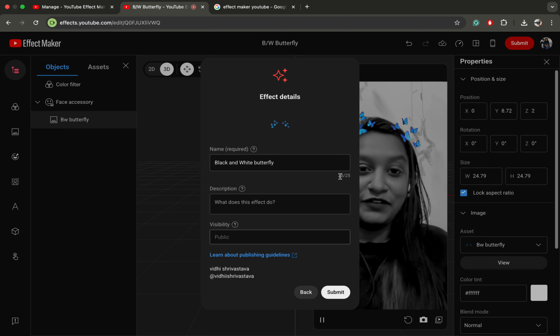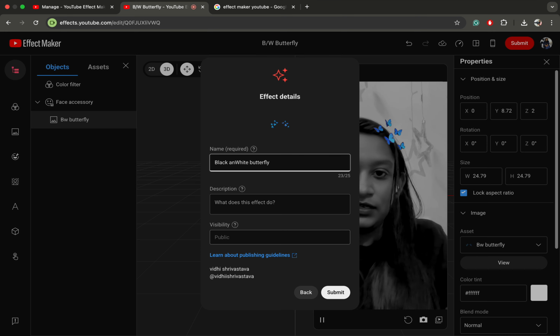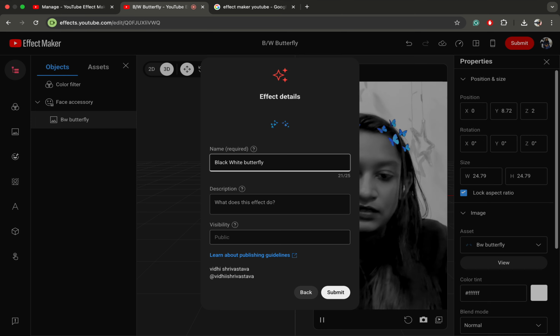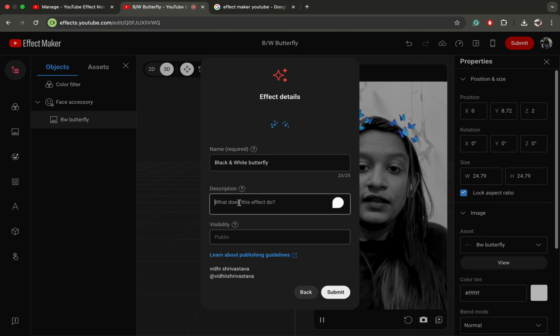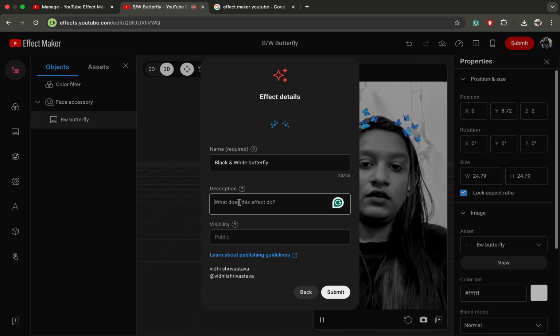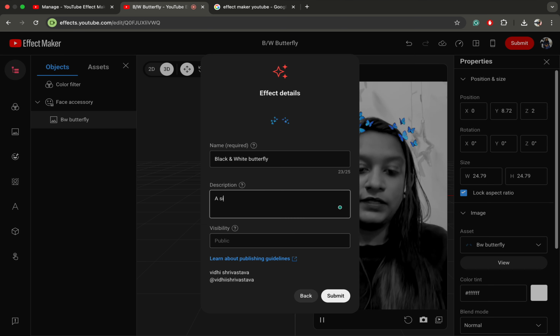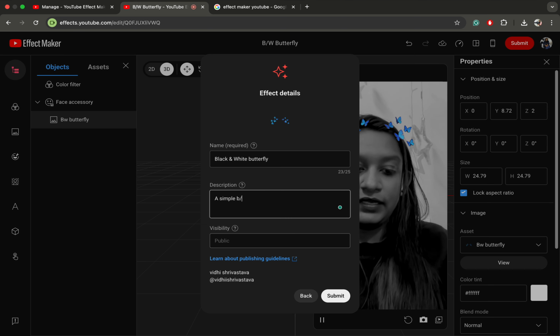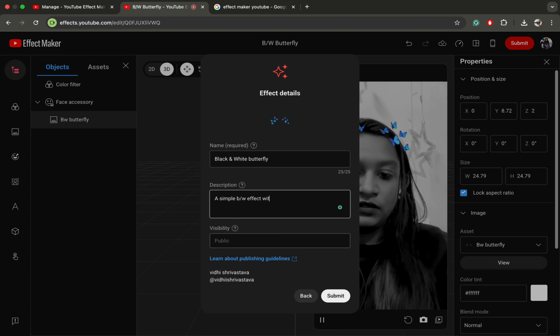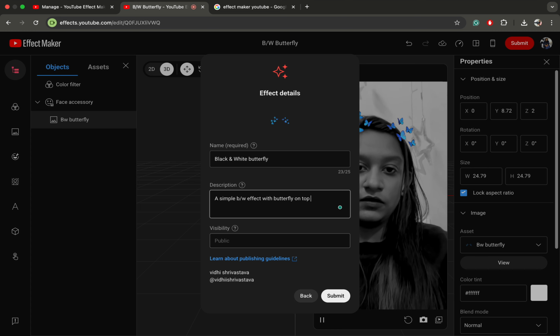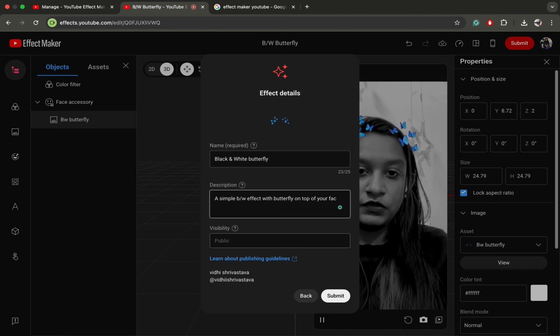Okay, it's exactly 25 characters, so you have to be very sure. And you can give a description, like it is asking what does this effect do. So you can just write a simple black and white effect with butterfly on top of your face. Or you can write butterfly on top.